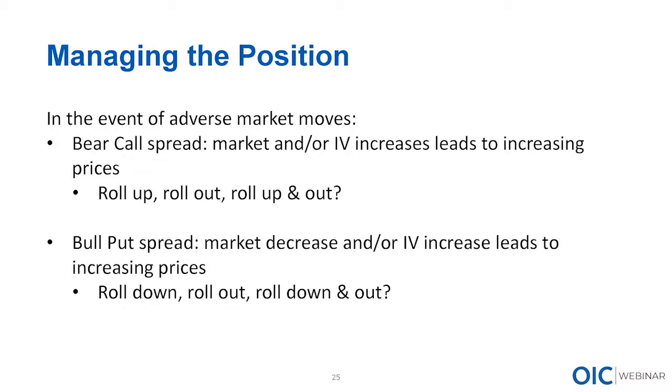So the market is up. We thought it was going to go down, but the market actually went up. Is it going to continue going up, or is it just maybe a temporary rally and we see things coming back to fit our earlier forecast? If things are continuing to go up, then we were wrong. Our bearish forecast was wrong, and maybe we simply close out of the trade and take our lumps,